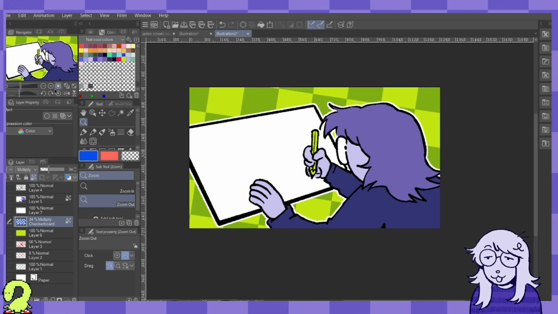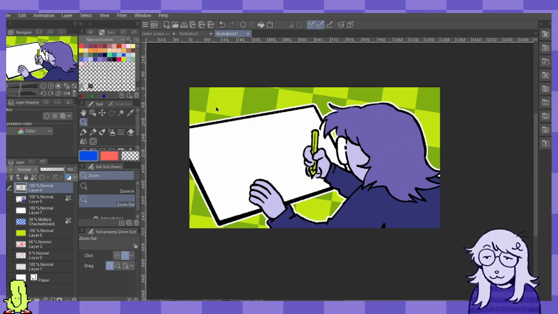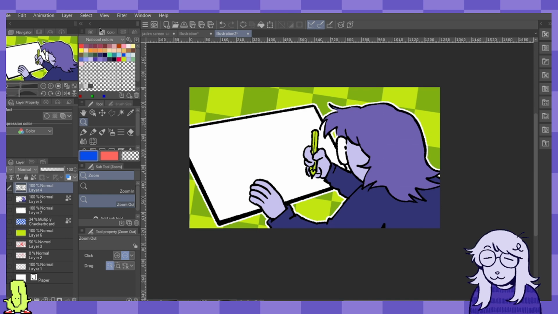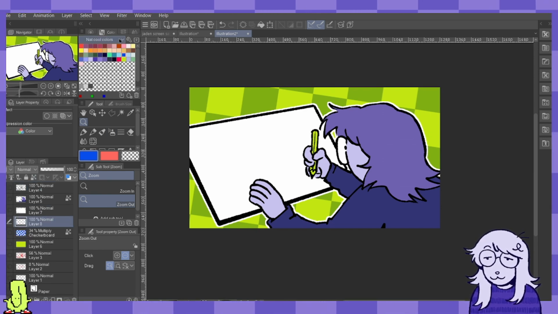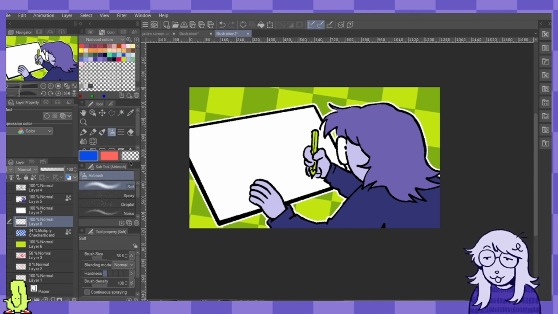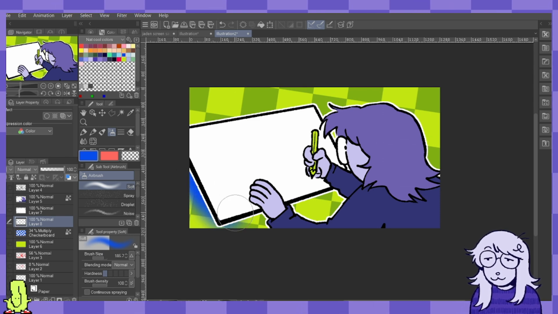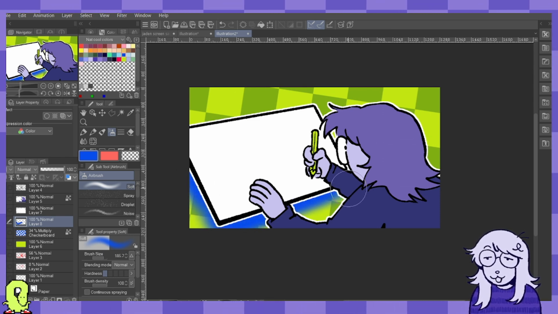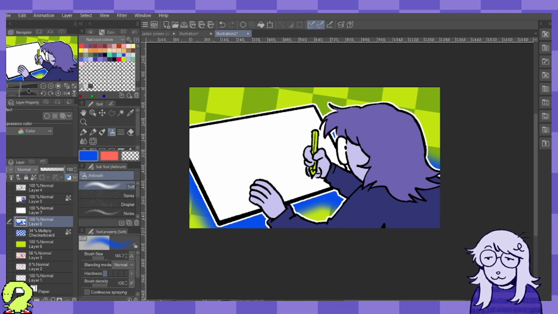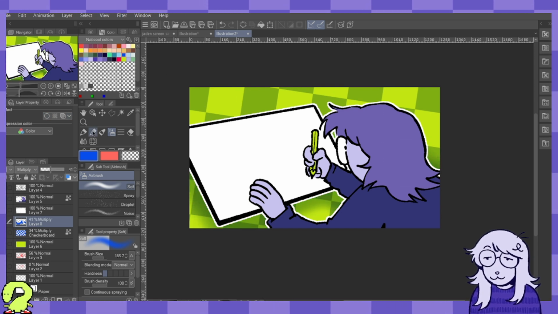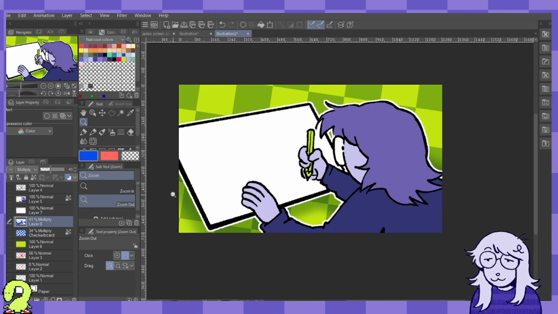Now we have a little better contrast in here. I darkened the background a wee bit with that, and I added a cool fun outline. If you want even more contrast, you can add sort of a drop shadow underneath. I'm going to do it with blue, because I'm silly like that. There. And now it's sort of like a cut-out piece of paper that's over this. And so more